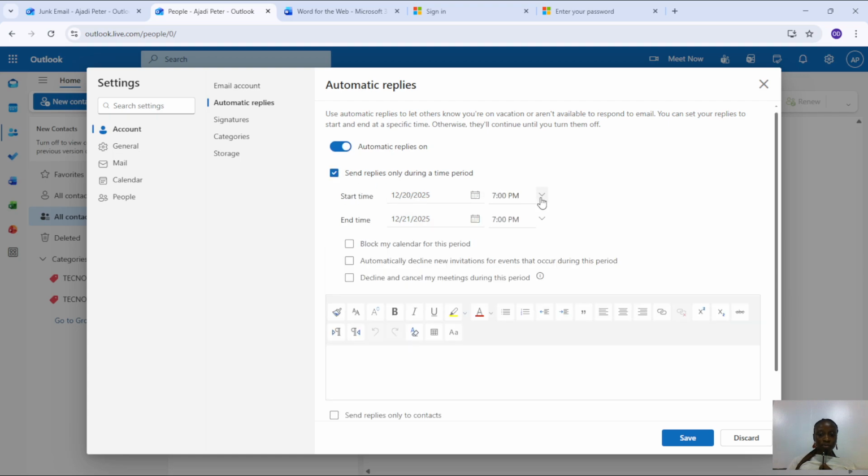All right, just set this quickly. Let's say I want it to start from 8 p.m. I would now pick the date I want it to start, and then the end time, I'll pick the date I want it to end, and then I'll click change the time for this, and then I can decide to block my calendar for this period, automatically decline new invitations for events that occur during this period. Either I want to decline and cancel meetings during this period, and when I'm done, I'll just head over to this bar over here